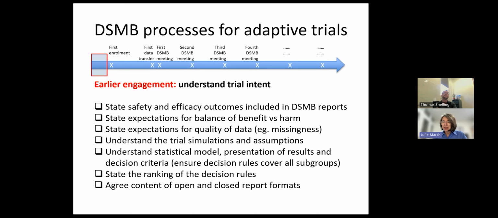It's important to acknowledge the increased volume and complexity of data reviewed by the DSMB compared to traditional trials. And platform trials, in addition to that, will also answer multiple research questions. So how much segregation do you want in these reports across those issues? Platform trials may also include multiple sub-studies. You'll need to discuss upfront whether the DSMC is expected to have oversight over those sub-studies or whether that will be external to